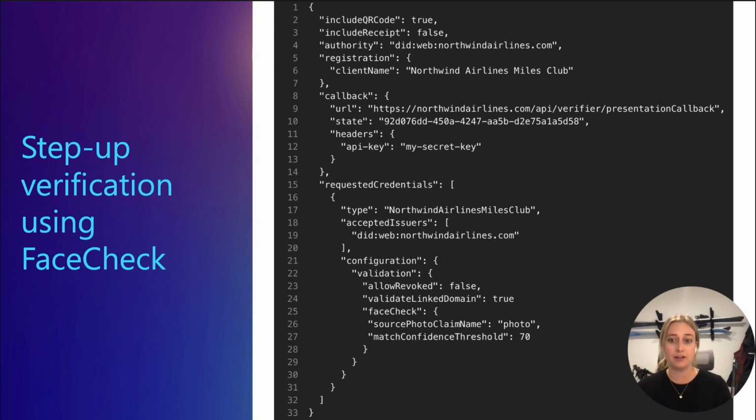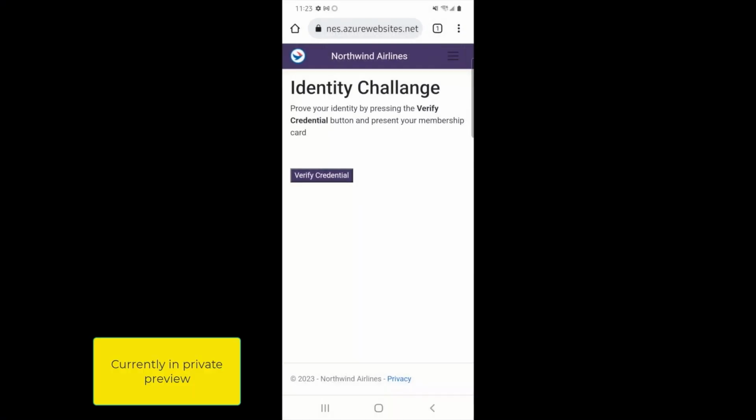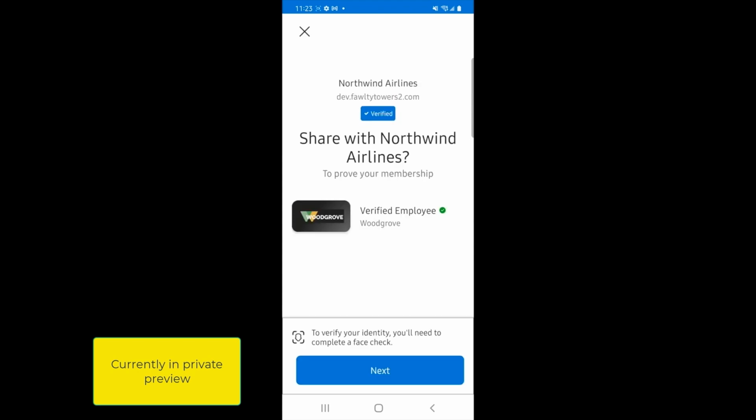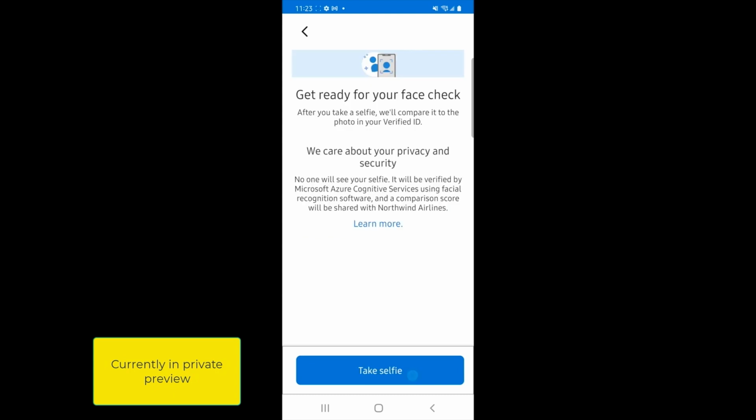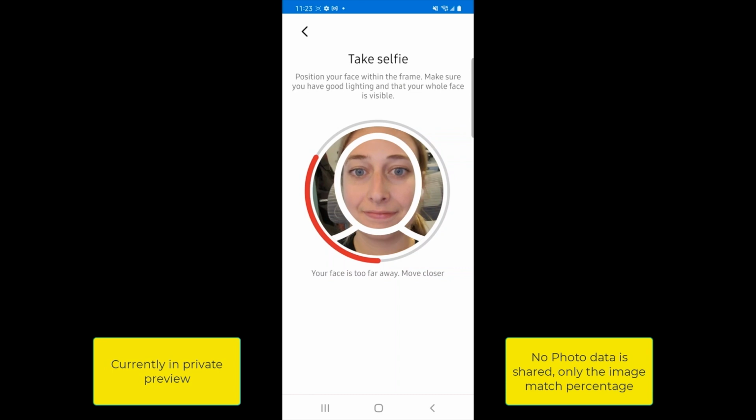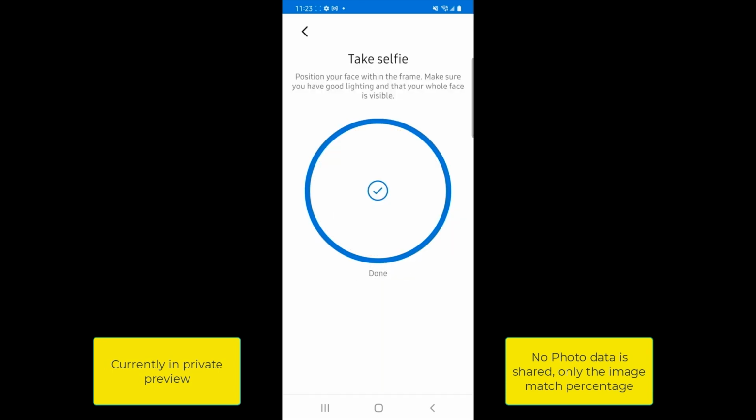To configure FaceCheck, simply add these two properties into the body of the presentation request to the request service API, and FaceCheck will be required. Let's see it in action. For this demo, Northwind is asking me to present my verified employee card with a required FaceCheck. I deep link from the browser to the app, and I see that I will need to verify my identity with FaceCheck. I scan my face and send the information to the request service API to do all of the